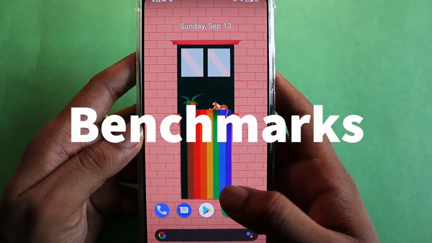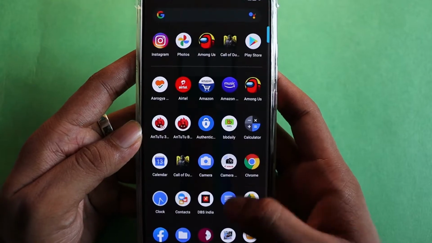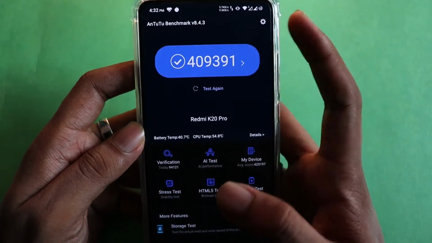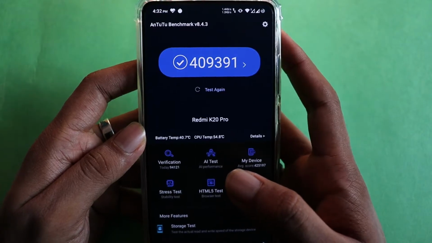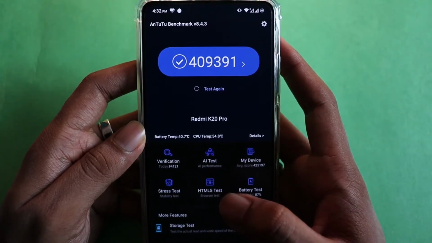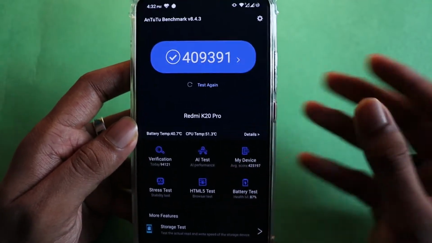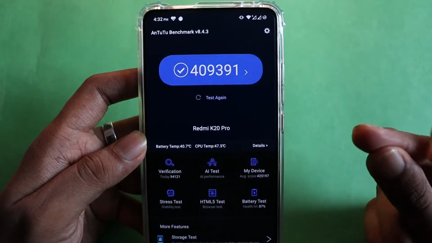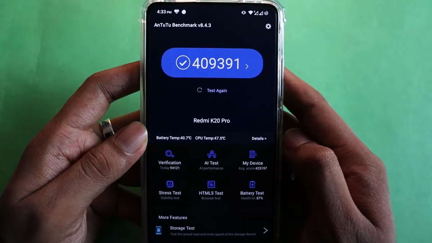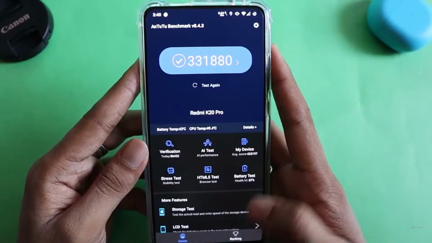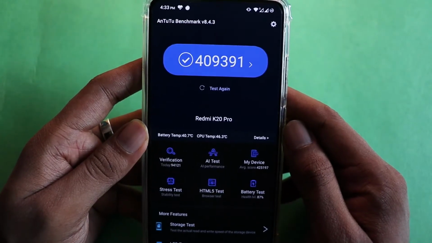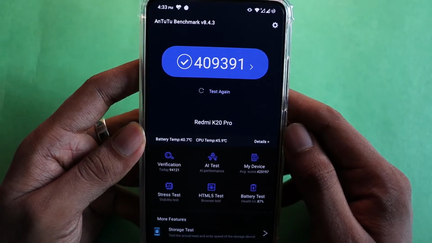Now for the final test, which is the benchmark score test. I have taken this benchmark test already on K20 Pro on AICP, and this was the score. This score is literally one of the best scores so far I've received in all the ROM tests I've done. If you want to see the score of Pixel Experience, you can see on your screen now. And if you want to see the score of Evolution X, there you go. Now if you want to see the score of CR Droid, it's right in front of you. Looking at the scores, it will literally explain why the gaming experience was so smooth along with all the transitions.